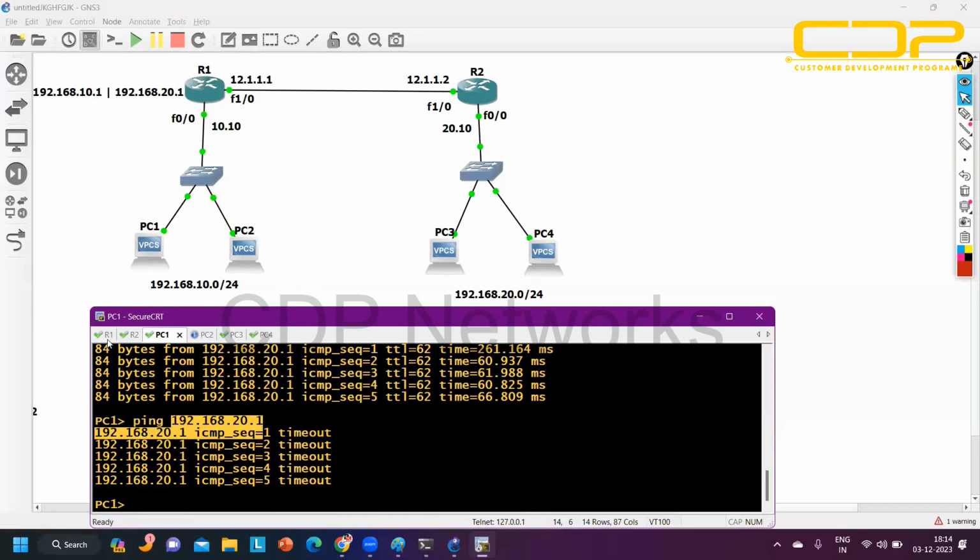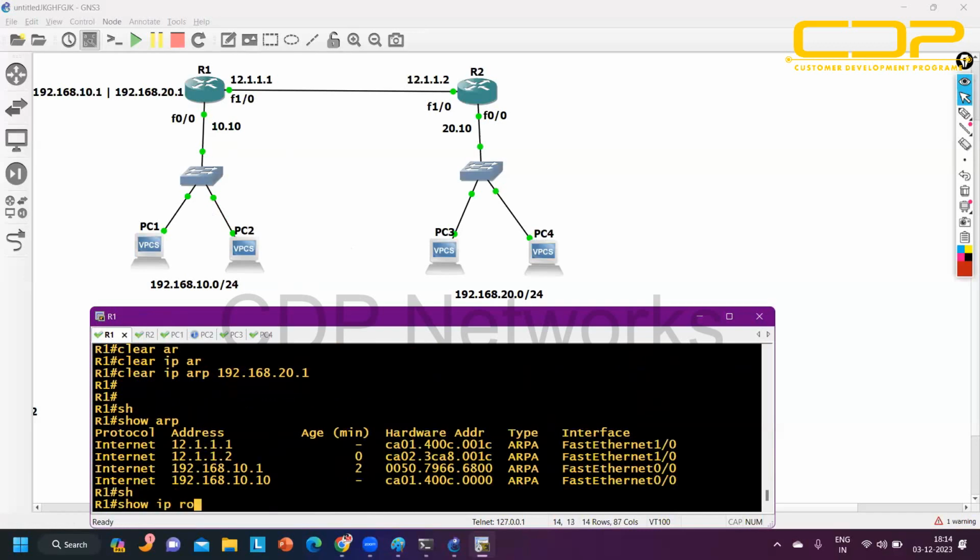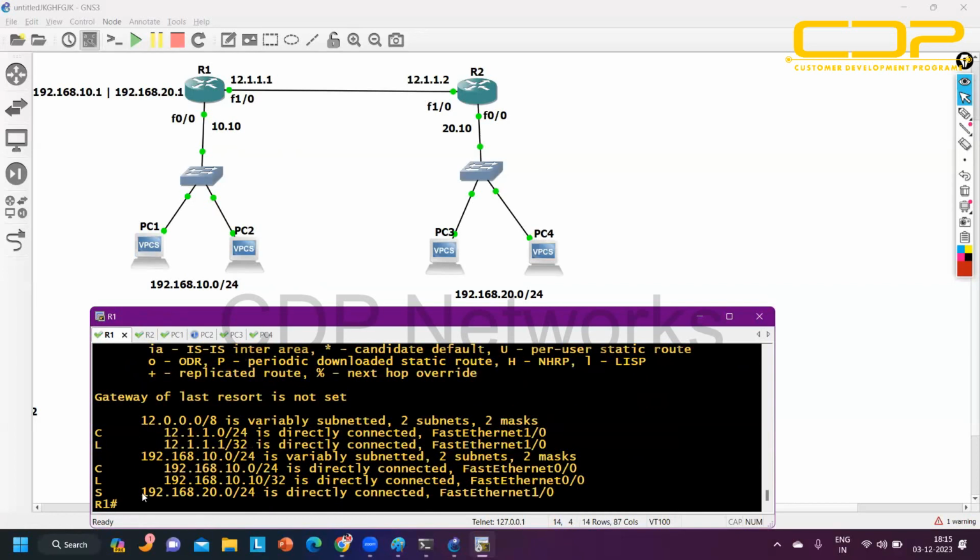Because see, the routing table of router 1 is saying this network is directly connected, so show ip route. Router is saying this network is directly connected, so it is generating an ARP request, but router 2 is not generating an ARP reply message, because router 2 is not 192.168.20.1, right? So router 1 is generating an ARP request message for 20.1, but router 2 is not generating a reply this